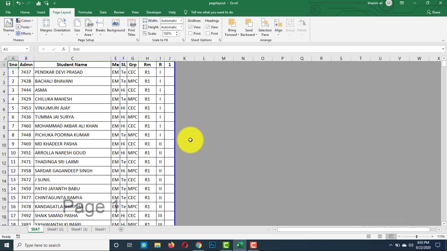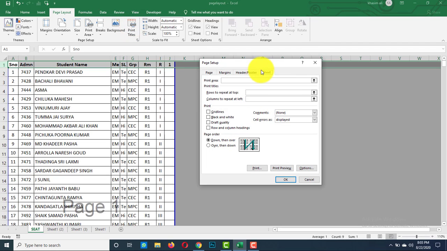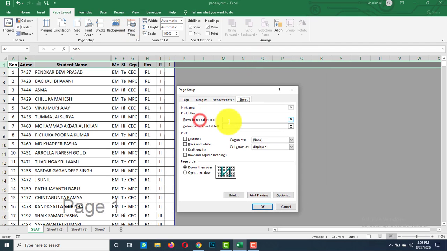Now how will we do it? See, if you want to repeat the first row of column headers on all the pages, when you have a large and complex worksheet, just select that header and go to print titles. Here, rows to repeat at top, select here and write the reference.